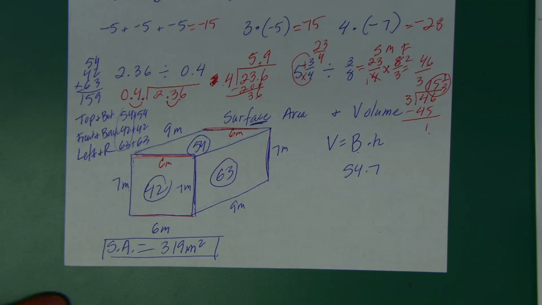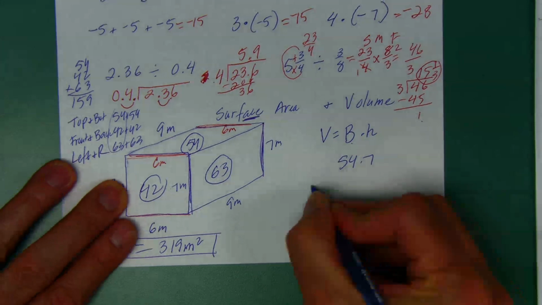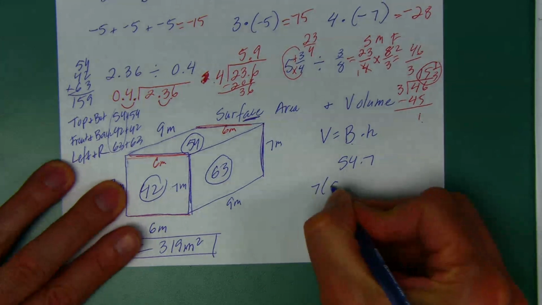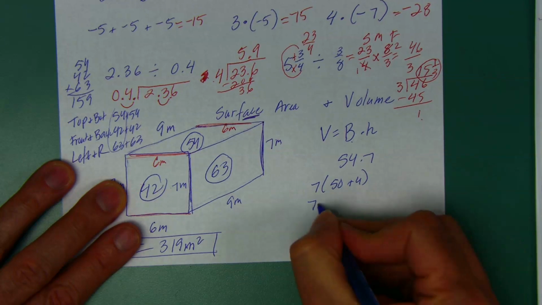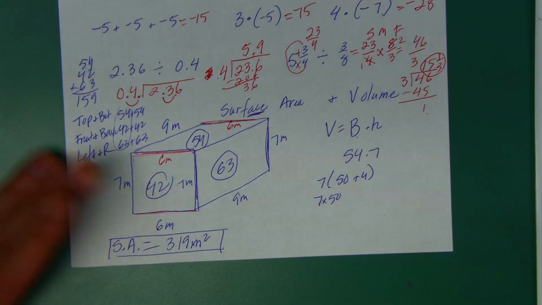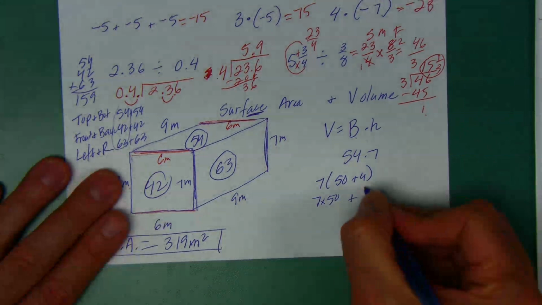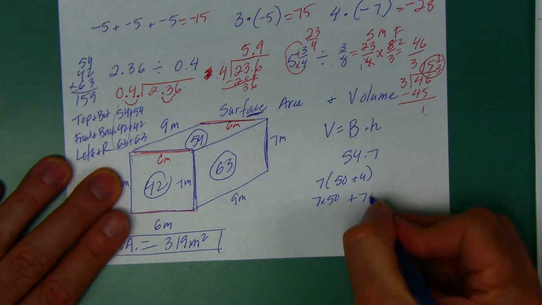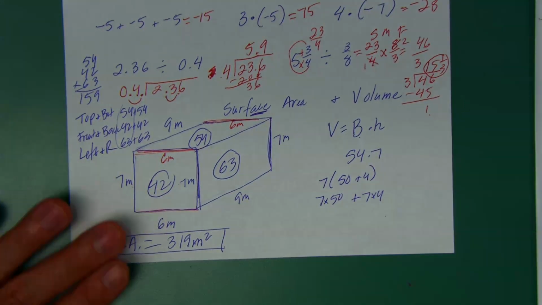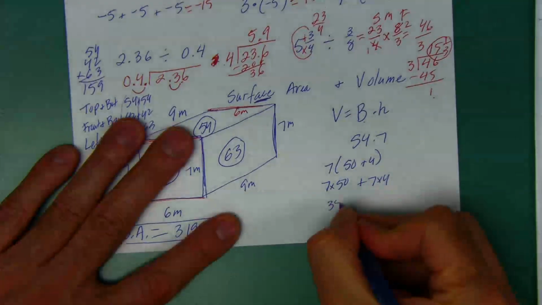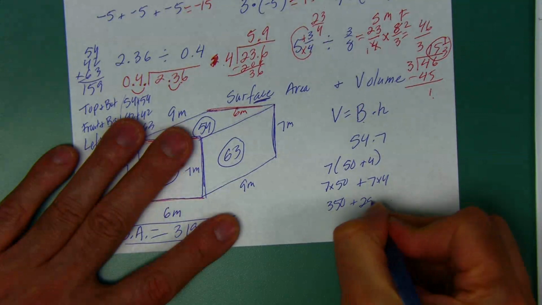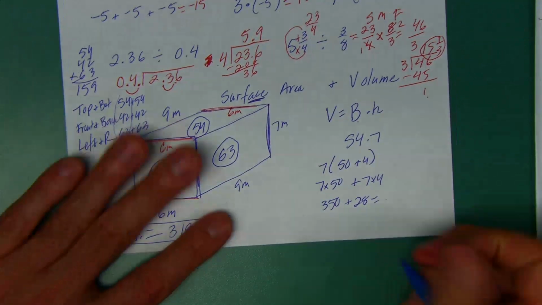7 times 54. And you can do that in your head. What you're doing in your head is called the distributive property. You're turning that 54 into 50 plus 4. And you're doing 7 times 50 in your head, which is easy. It's like 7 times 5. And you're not adding 4. You're adding 7 times 4 in your head, which is 28. So you got 350 and 28. And a lot of you can carry that in your head and add them. And you get